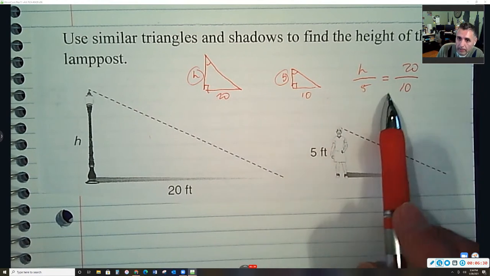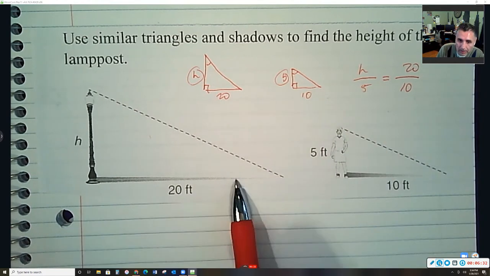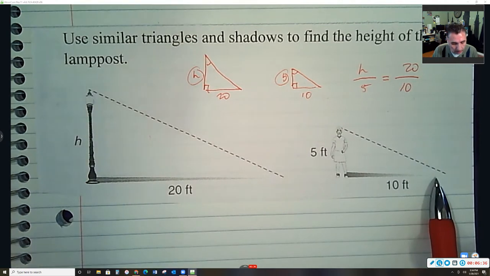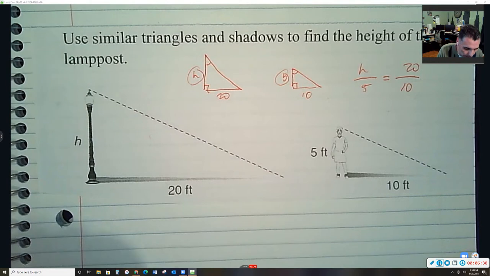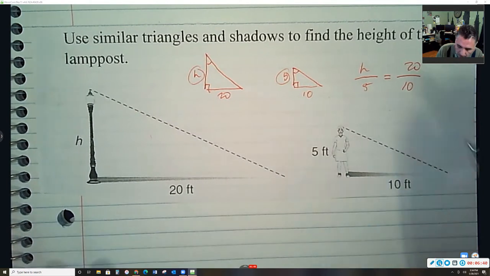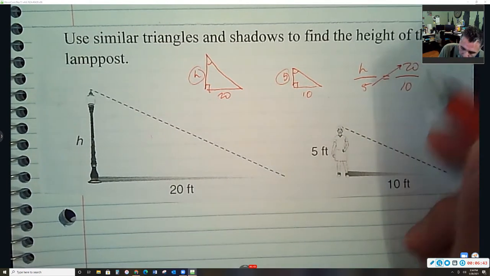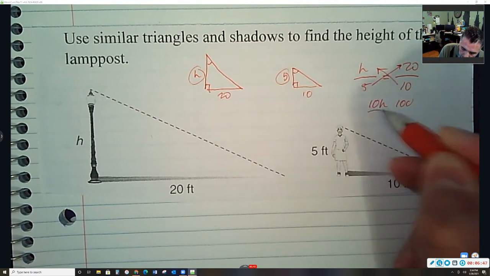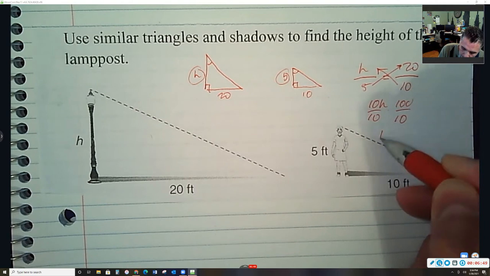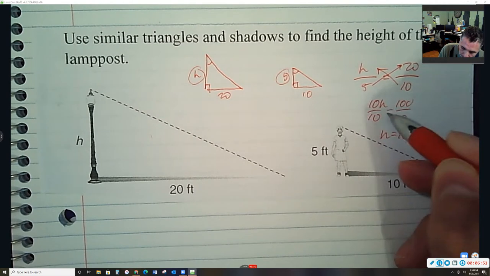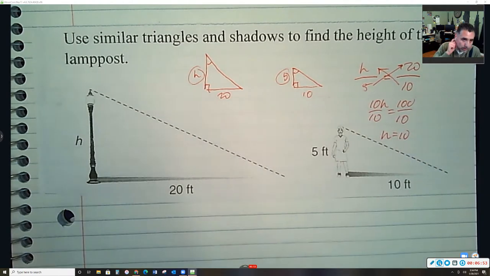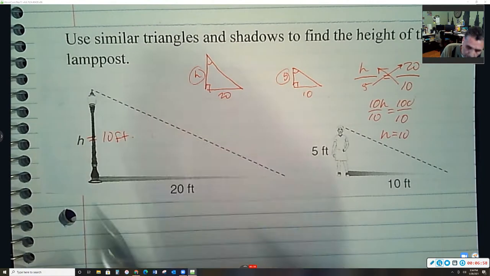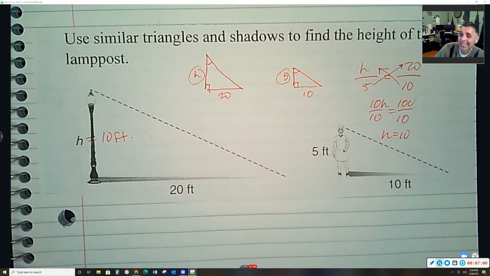The 20 and the 10 go together because 20 is the length of the shadow and 10 is the length of the shadow. Okay. And then we just finish this off by solving this. Cross multiply, that's 100. Cross multiply, that's 10 times h. Divided by 10, divided by 10. h equals 10. Okay, so the height of that lamppost is 10 feet. And that is what we're working